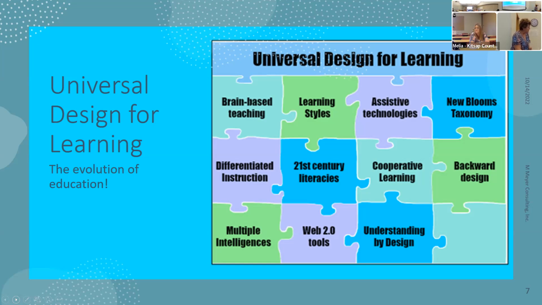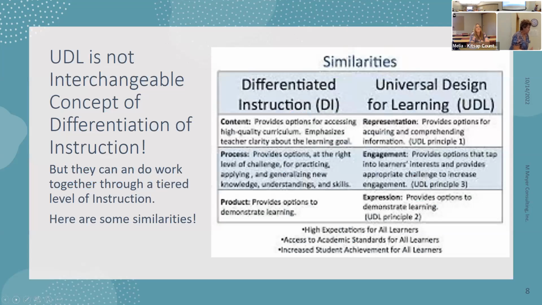So it really is thinking of a broader vision of this. And oftentimes we hear, well, isn't that just differentiation of instruction? It's different. And if you know what differentiation of instruction is, you'll see the similarities and the differences with universal design. Looking at the content, it provides options for successful high-quality curriculum. It emphasizes teacher clarity about the learning goal, versus universal design,